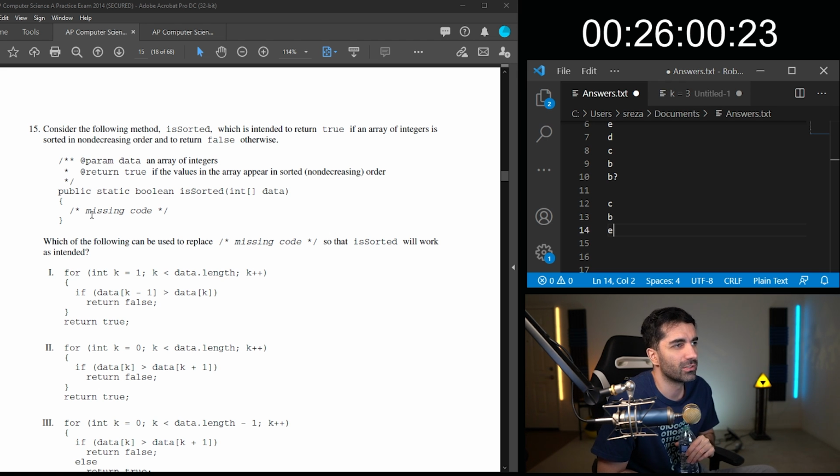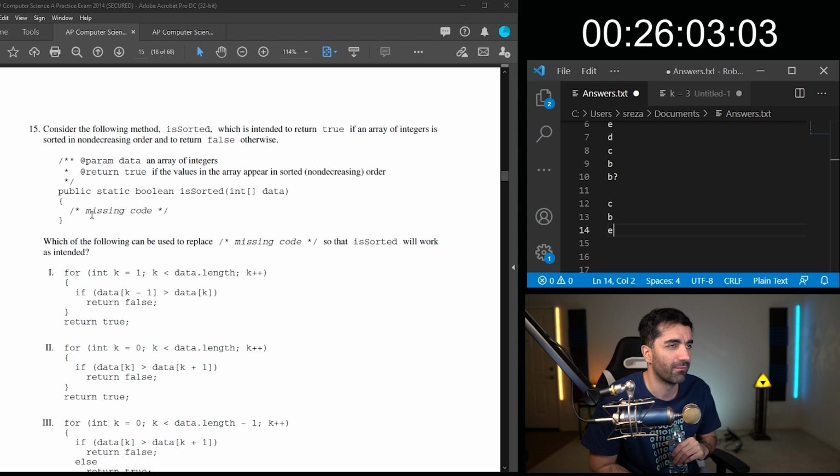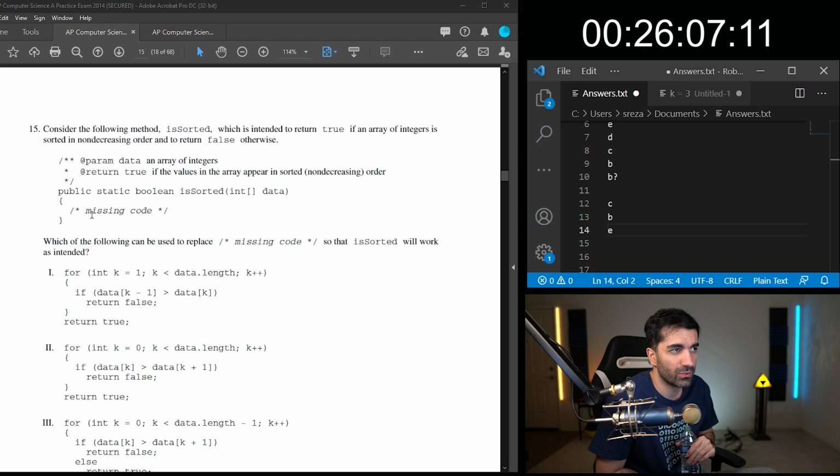All right, consider the following method is sorted, which is intended to return true if an array of integers is sorted in non-decreasing order and return false otherwise. Returns true if an array is sorted in non-decreasing order. So increasing order? Does that mean there can be duplicates?